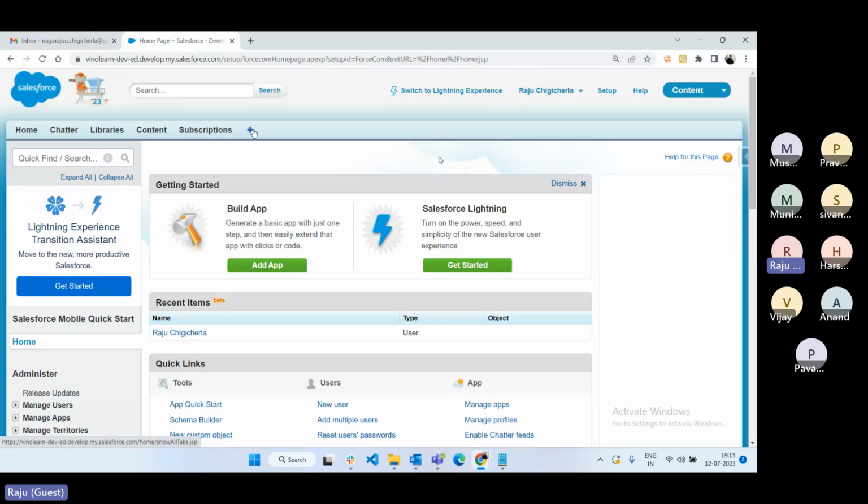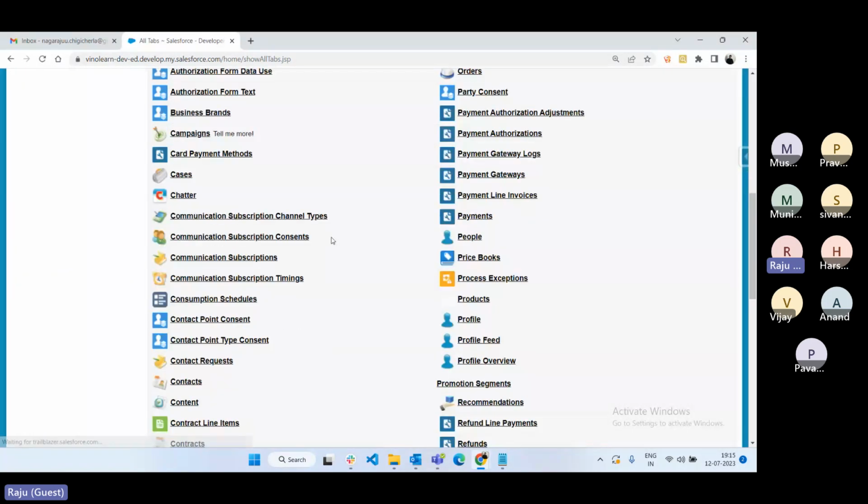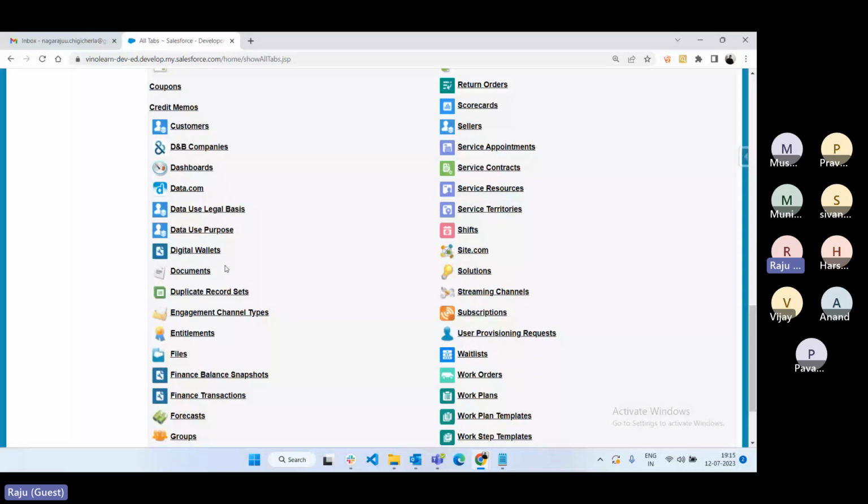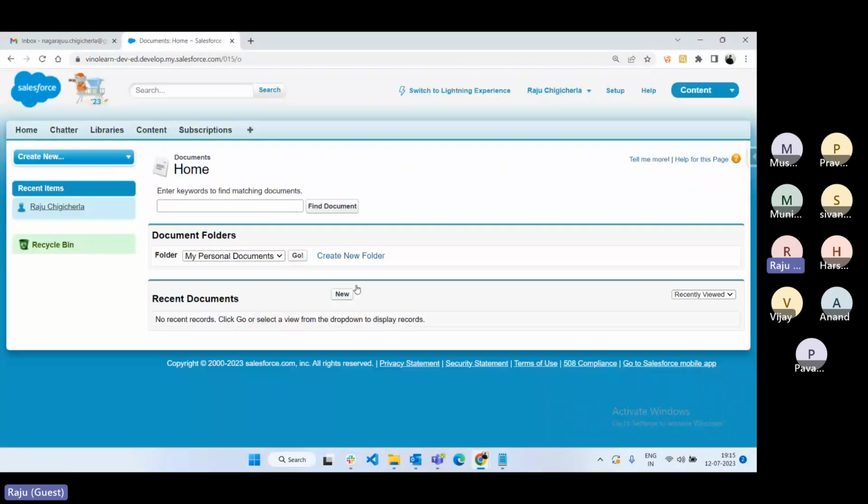If you go to mouse over there, here you see the all tabs option is available. Click on all tabs. There is one of the tabs called document. See here, we have a document object. Click on the document. Suppose if you want to add the document tab to the tab panel, then simply you can